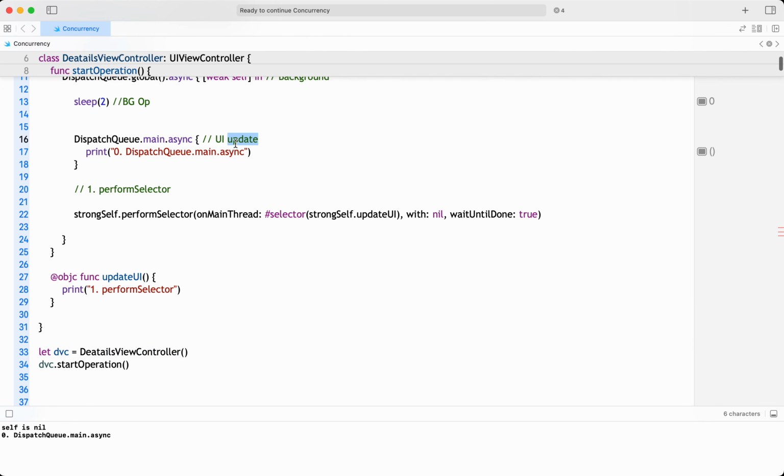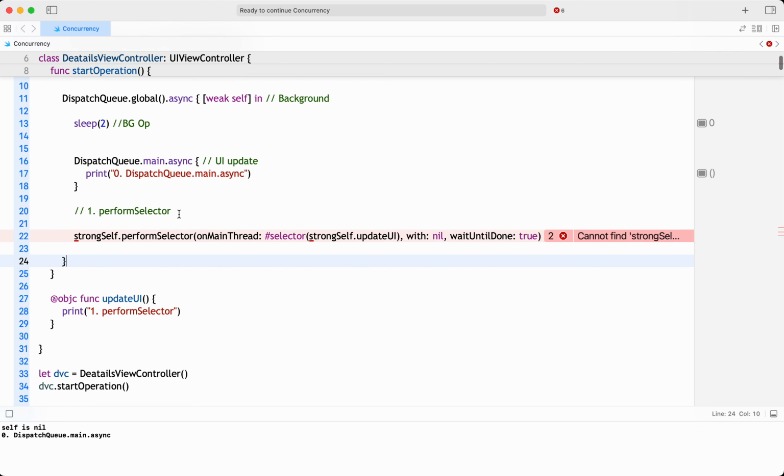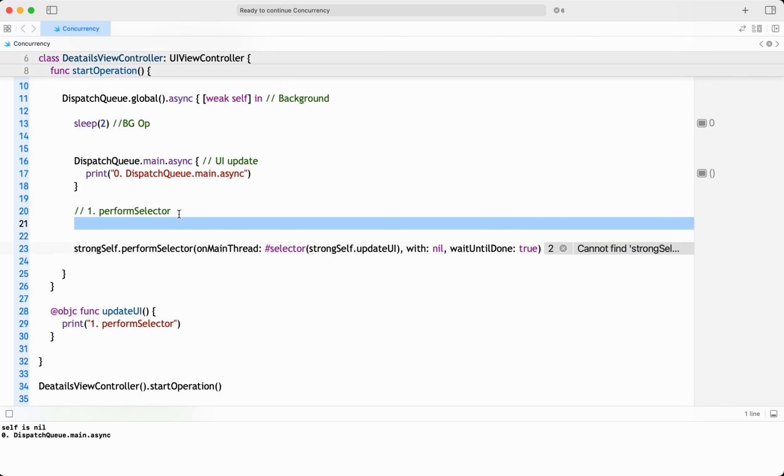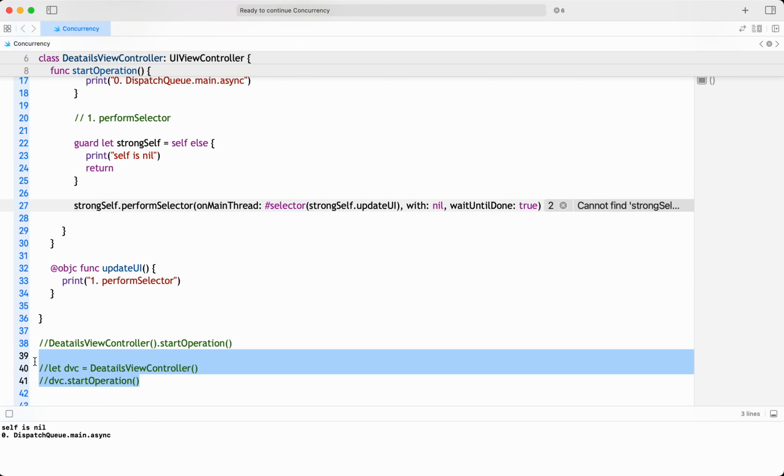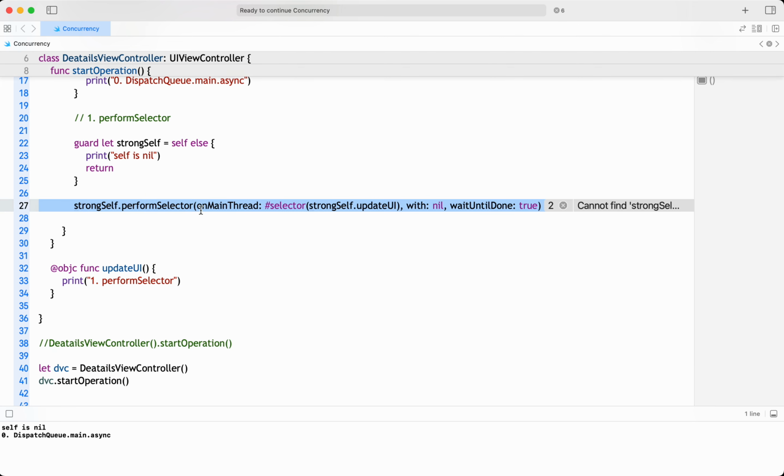So like this. So strong self, but this way anyways it will not become nil. So let me have a guard statement and take a strong self. So when I run it, now I can see